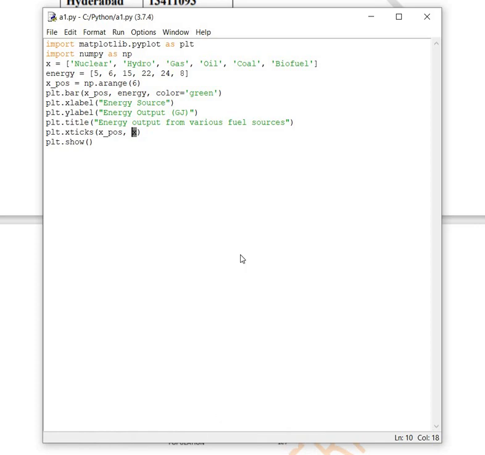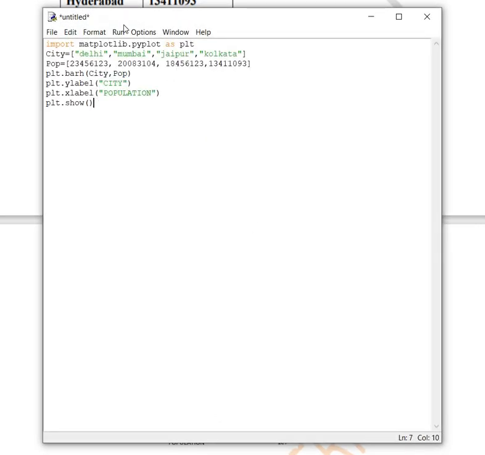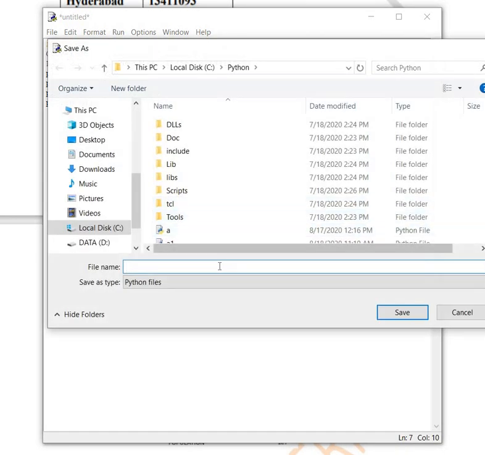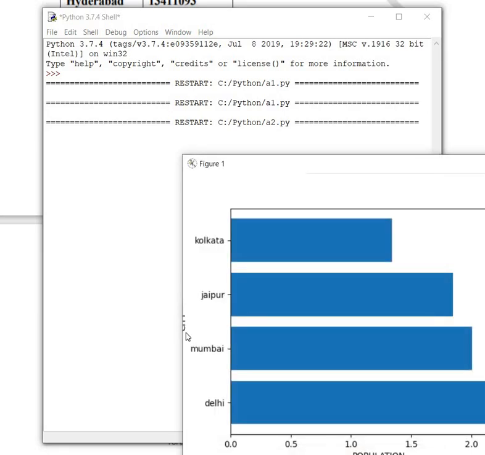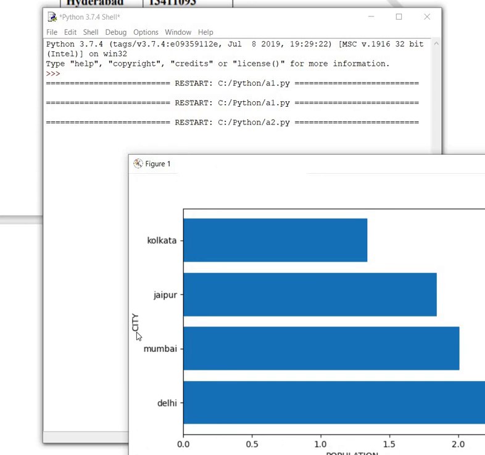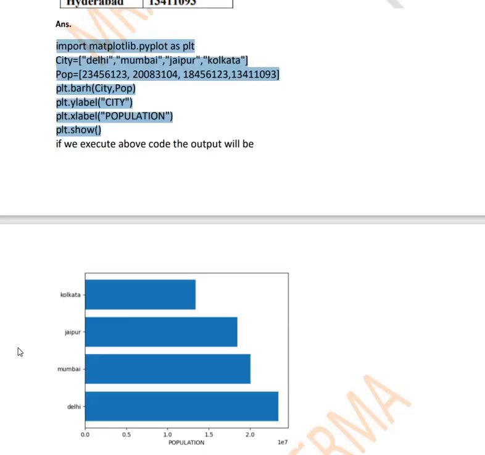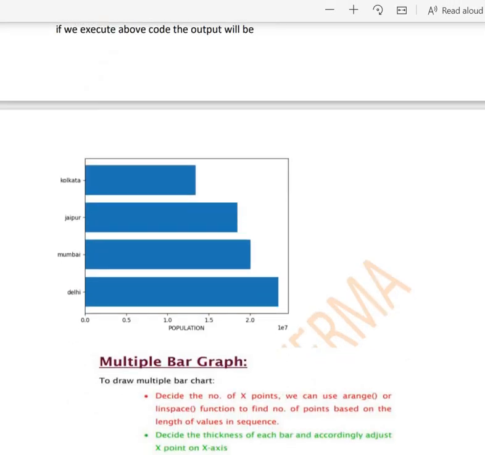I'm going to make a new program and run it. So this is x label city, y-axis is definitely population, and title I have not used, so no title. This output is missing the label at the y-axis. I will replace it later on. And next is show. Because of the show you are seeing the output.